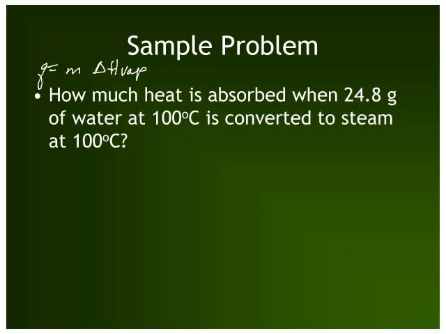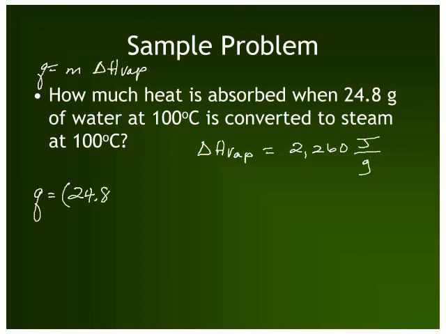And if you take a look at the back of your periodic table, the heat of vaporization for water is equal to 2,260 joules per gram. So at this point now, it's really easy to fill in our numbers. Q equals the mass. Well, we're given 24.8 grams. And then our heat of vaporization of water, 2,260 joules per gram. You multiply those two numbers, and you get